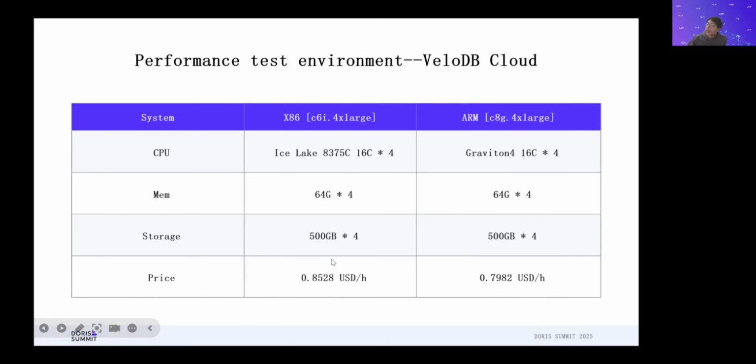To ensure the fairness and accuracy of our performance test, we set up a test environment on VeriDB Cloud for both x86 and ARM systems. Let's compare the two systems side by side. As we can see, the main difference between the x86 system and the ARM system is the CPU. The x86 systems use Intel Xeon with 16 cores per node and 4 nodes in total. The ARM systems use Graviton 4, also with 16 cores per node and 4 nodes. The memory and the storage are the same